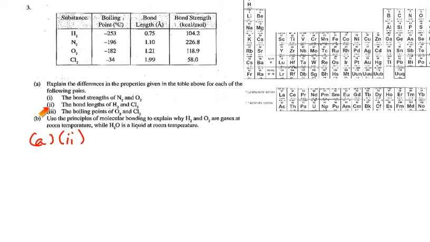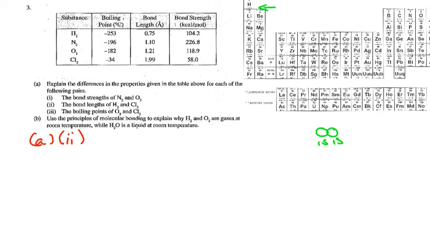Let's look at A, part 2, the bond length of hydrogen and chlorine. Let's see which one's longer. Well, hydrogen has a bond length of 0.75, and chlorine has a bond length of 1.99. It's clearly a lot longer. This one's, I think, a pretty relatively simple one. If we were to draw a diagram of hydrogen, hydrogen's up here, and it's one of the smaller elements on the periodic table. It has 2 1s orbitals that are overlapping, kind of like that, and they're really tiny atoms,